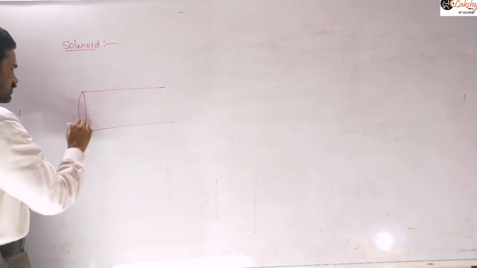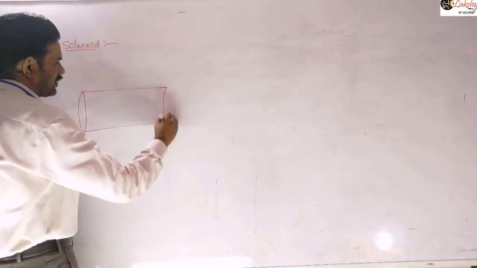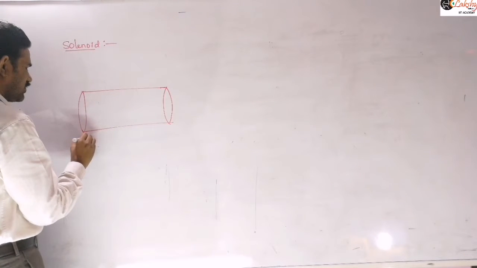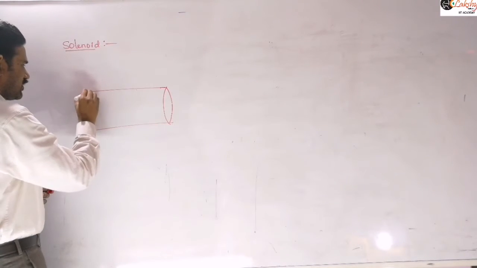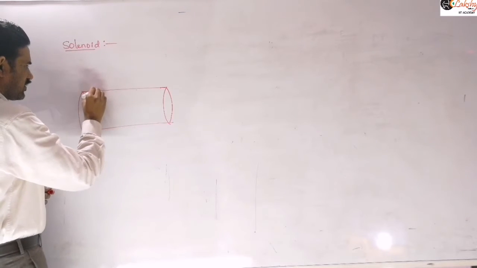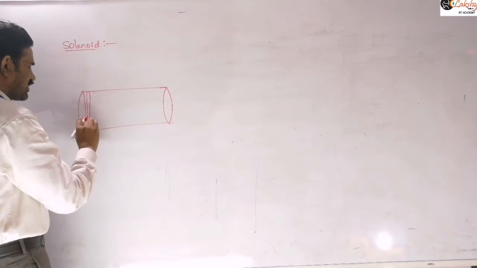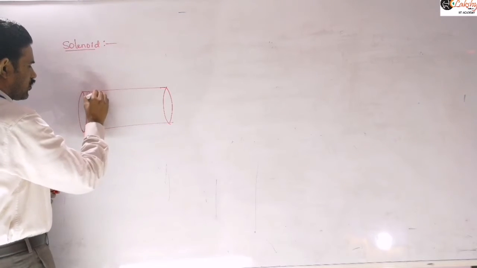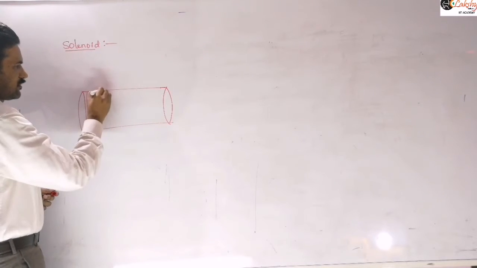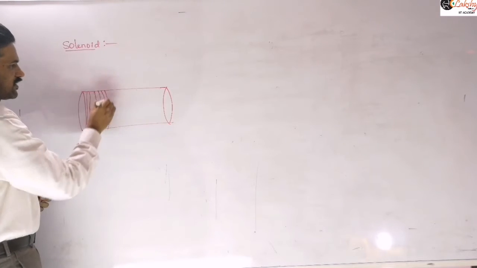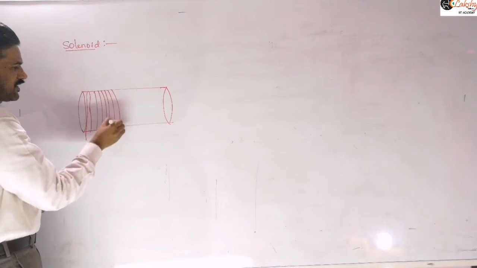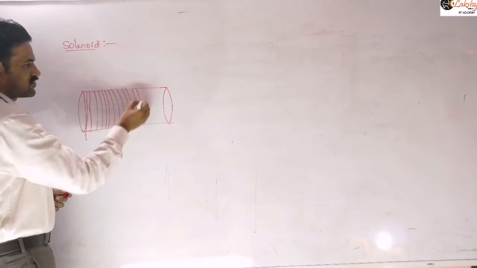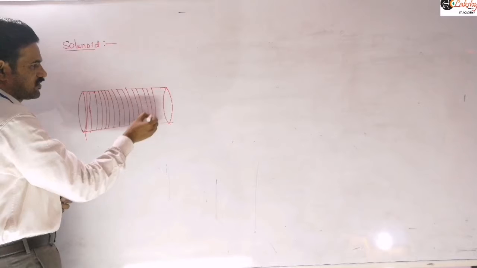right? So a solenoid, we can define it as a closely spaced, insulated wire wound on a hollow cylindrical, non-conducting pipe, right? So it is wound on such a non-conducting pipe here. And it is closely wound here. I am representing some gap here to indicate that those are the different wires. This wire is insulated and so it can be wound very closely here.